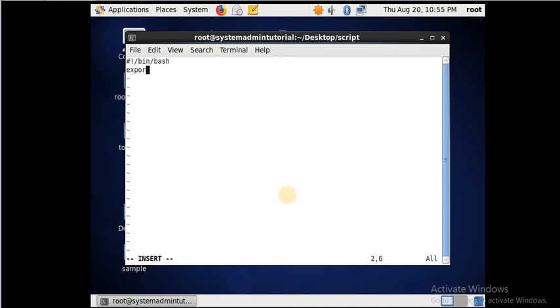Then we will use the export command for Catalina home. The path will be desktop.